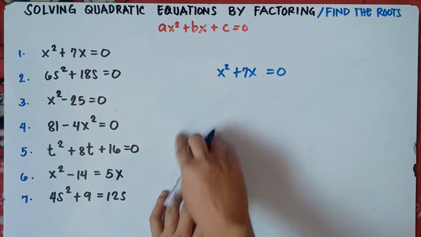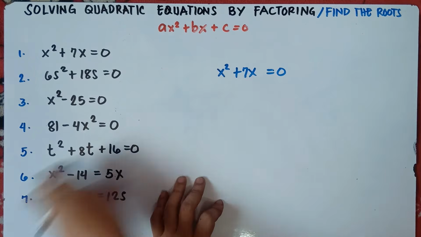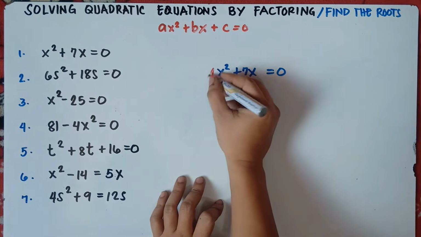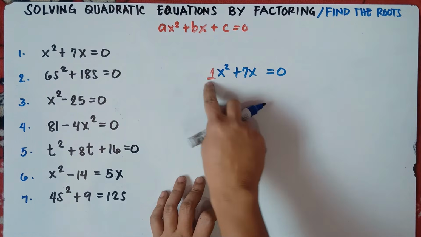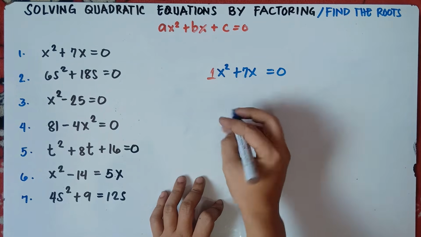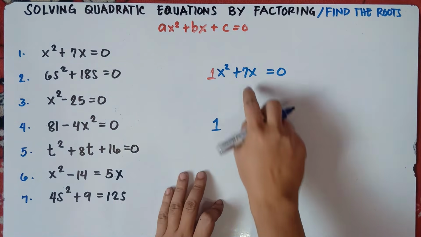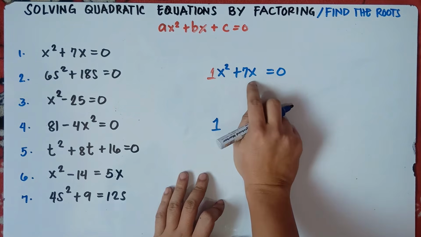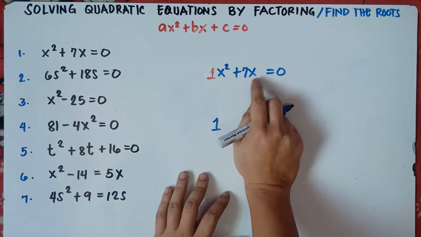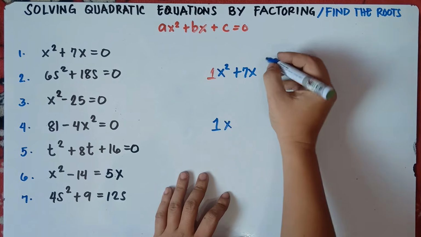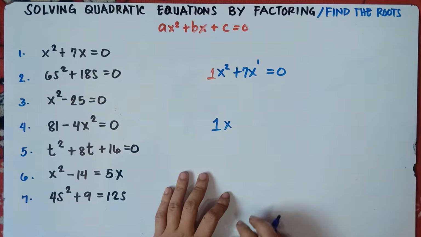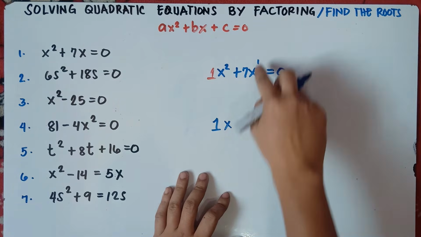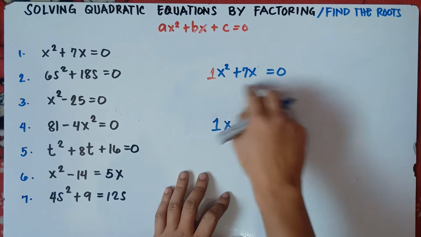So you check the numbers. What would be the greatest common factor? Of course, there's 1 before x squared. So what would be the greatest common factor of 1 and 7? Of course, that's only 1. Now for the variable, you can factor this out by selecting the variable with the least exponent, the least degree. So we will be selecting x. Once again, x here has an exponent of 1. So we will be selecting x to factor this out.